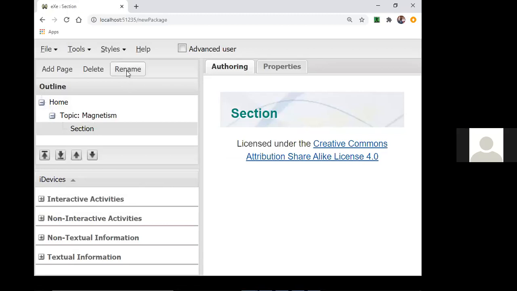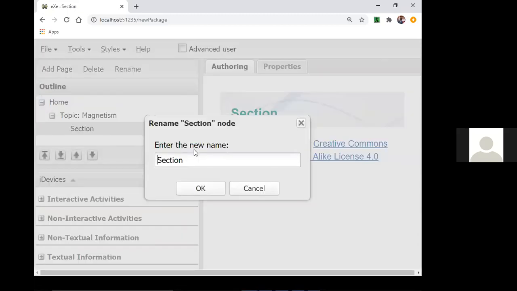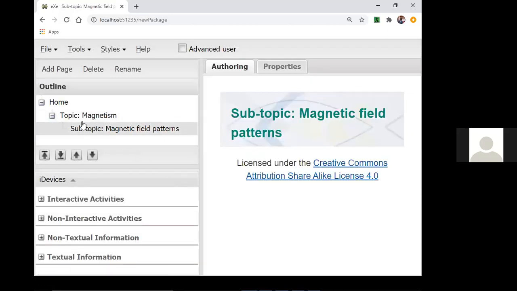I'll rename it again, and I want my subtopic to be magnetic field patterns. And then you say okay. So you see, you are cascading your lesson into that format.